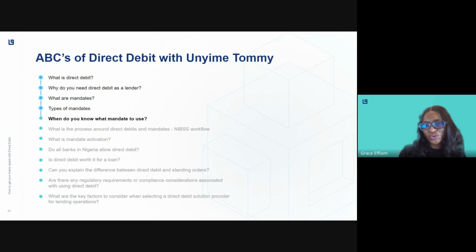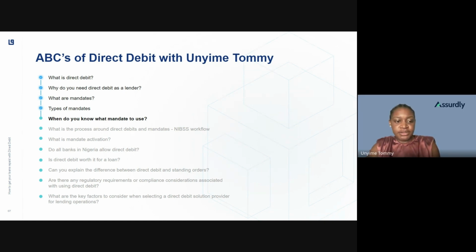And when do you know what type of mandate to use as a lender? I mean, you have to know which type of mandate is required for you to use. So when can I know as a lender? Well, I think it also depends on your customer base, and also on what is available to you, right? Using the Lendsqr system today, you would know that you have both options available, and both options also tie to the banks that are supported. So if your customer has a particular bank that is not supported, then that's when you may think to use the other one. But more often than not, one that is supported on paper is almost immediately supported by